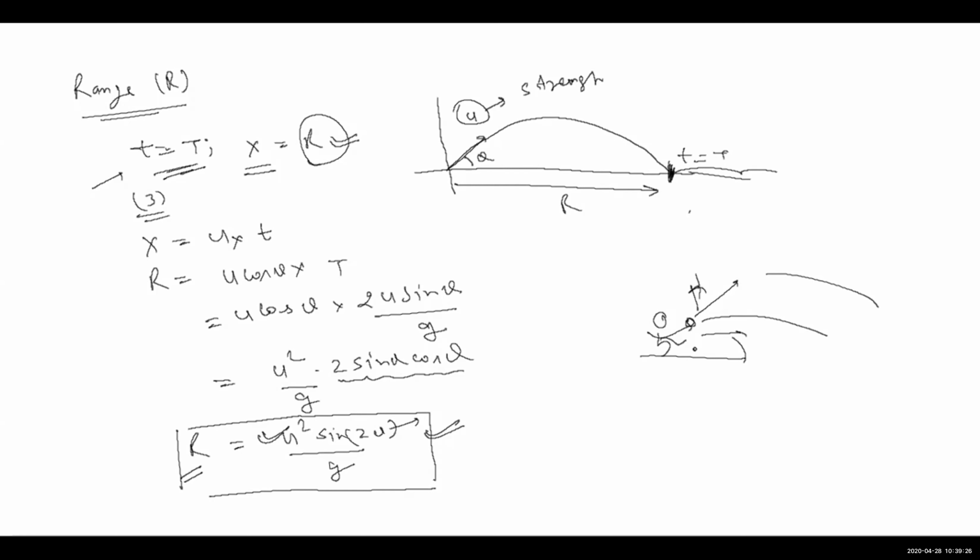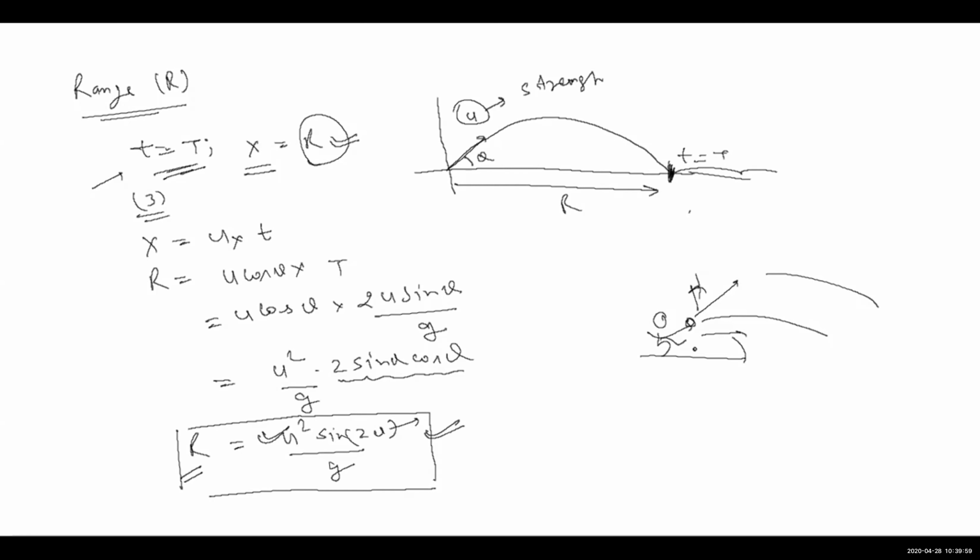The thing is, many a time you want your range to be maximum. When you throw a ball, you decide that you will throw it the farthest. When I was a kid, I used to have that kind of challenge with our friends. Let's say who will throw it farthest. When we make that kind of challenge, there are two factors involved. One is our strength, relative strength, whether I have more strength or the other guy has more strength. So hypothetically, let's say we both have the same strength.